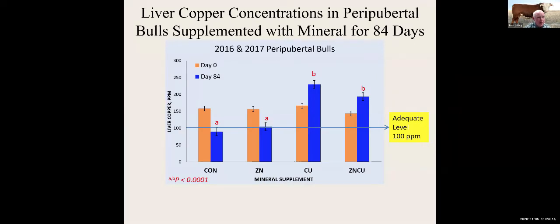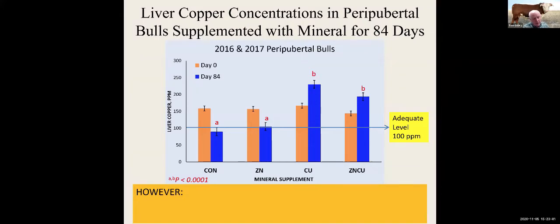As far as the liver copper concentrations in peripubertal bulls supplemented with the mineral for 84 days, the y-axis is liver copper concentration in parts per million, and the x-axis is the different treatments. The orange bars represent day 0, and the blue bars represent day 84. You can see that the bulls that were fed copper